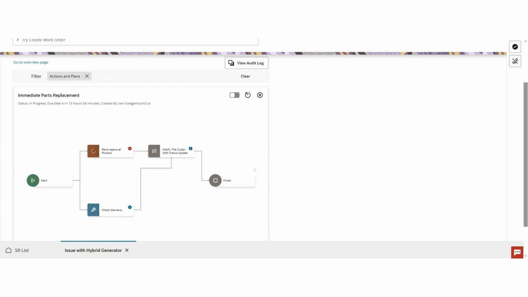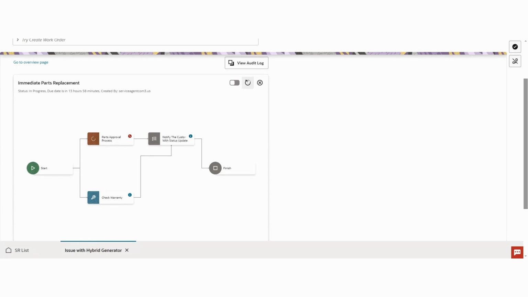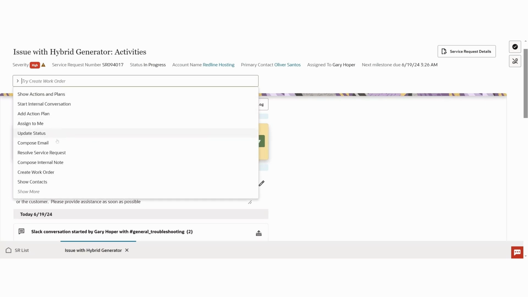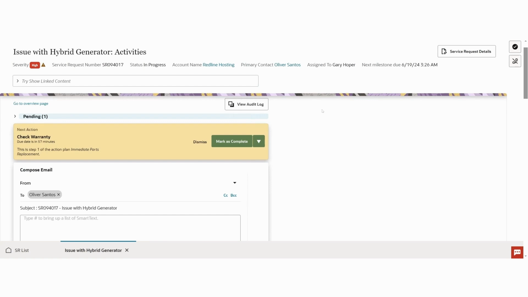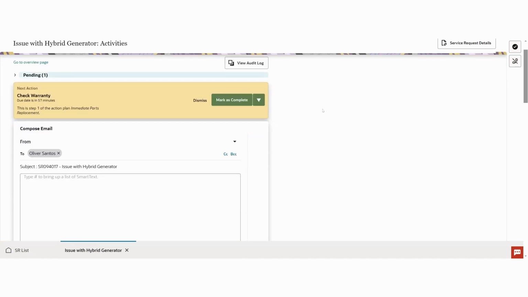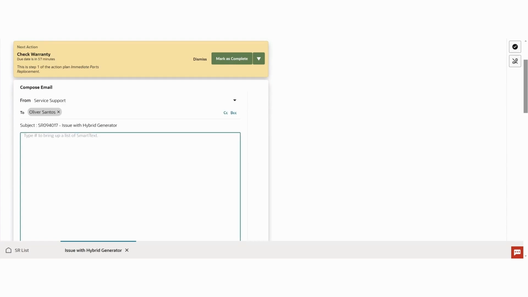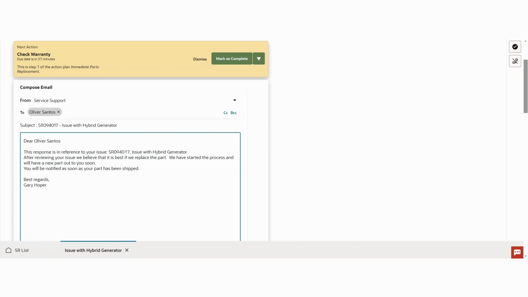So now that we've gone ahead and got that kicked off, the next thing we need to do is update the customer to let them know what's going on. I'm again going to come to my action bar, and this time I want to compose an email. So again, our email compose has been presented to us. I'm going to select my email channel, and this time I'm going to use Smart Text again and say we're replacing the part. When I use this Smart Text, you can see that it's inserting a fully completed email to